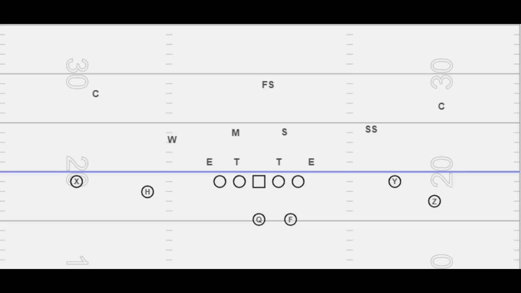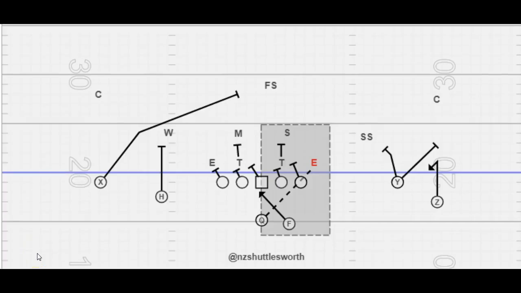For example, if you're a team that utilizes the inside zone scheme as one of your base run plays, you can expect a defense to try to complicate things for your linemen, influence bad reads by your quarterback, etc. In this formation, the defense is assuming inside zone, and they're thinking that the play is going left, as indicated by the alignment of your fullback. We're going to keep the formation the same, but look at the inside zone and how the bash concept, as applied to the same formation, can be an effective play for your offense.